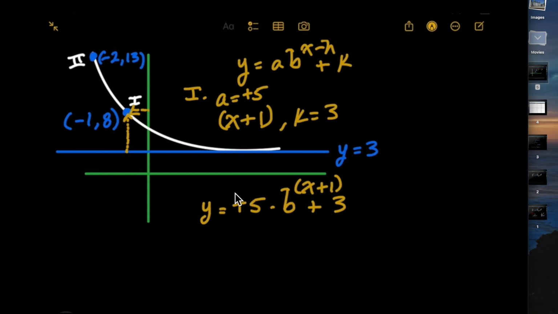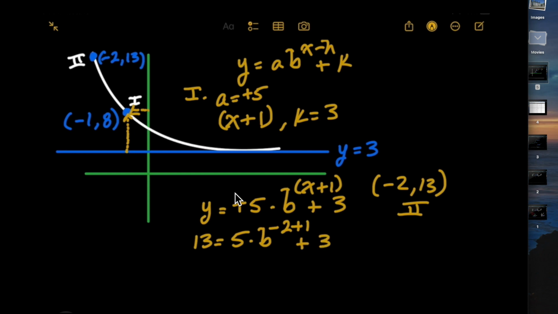We're now going to plug in, folks, the point negative 2, comma 13, otherwise known as Roman numeral 2. So we're going to have our y value is 13, 5 times b, which we don't know. Our x is negative 2 plus 1, and then plus 3. 13 equals 5 times b to the negative first power